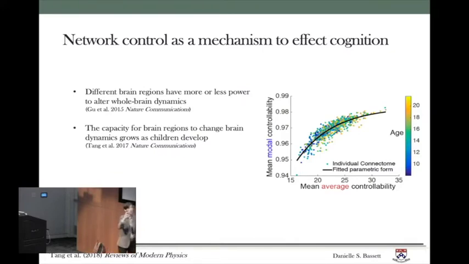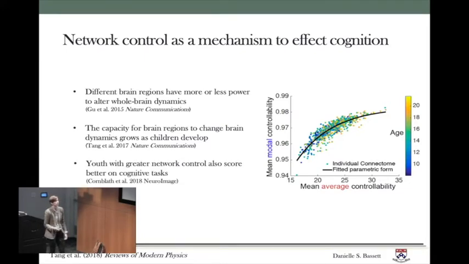we are also seeing increases in the changes in the underlying white matter that support increases in two different cognitive control strategies. So that's another piece of evidence in support of the fact that this network control process may be supportive of cognition. The last piece of evidence, most recently, that we have put out